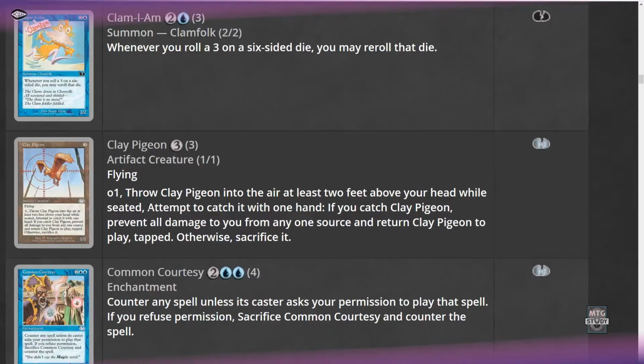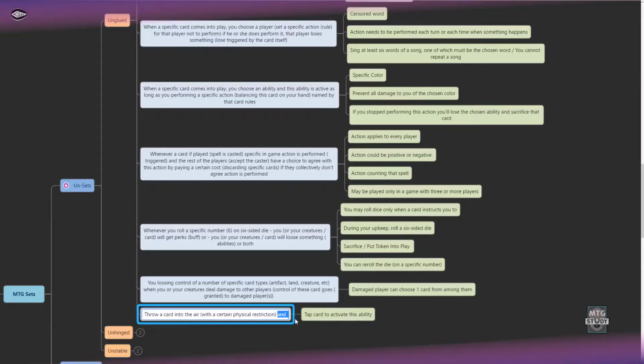It's again a specified thing, because as I said before, we could throw a card in the air and see how it's going to land, and based on that take a direction how to play it. At this particular instance, we have to catch it. So it's actually a specification. So let's just go with the specification. But how to generalize it? Again, throw a card in the air with a certain physical restriction,